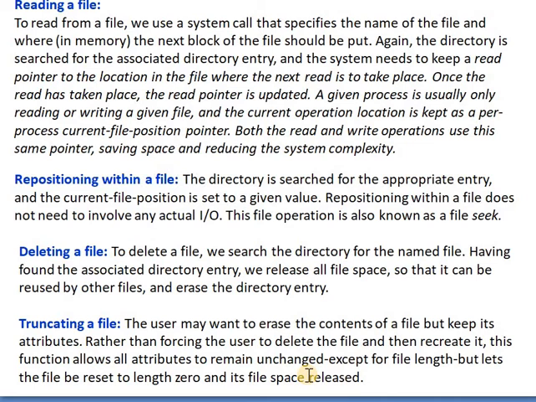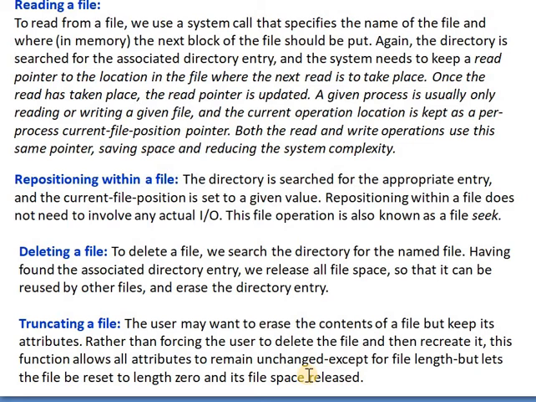In a delete operation, we are deleting a directory entry, but here we are in an operation of truncating a file. Here the contents are erased, the contents are deleted from the file, but its attributes remain present except the attribute length.